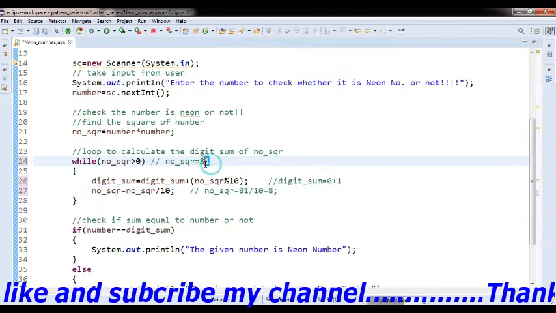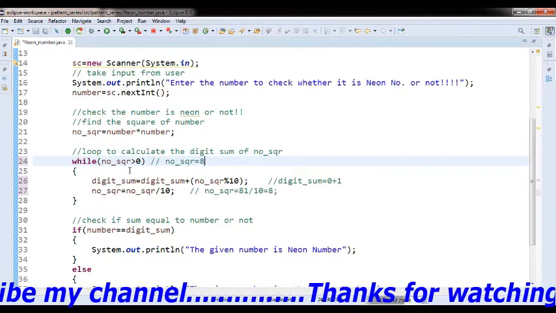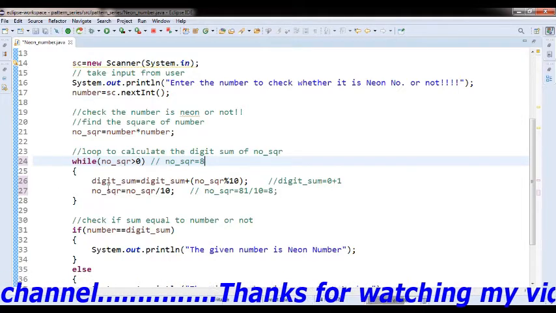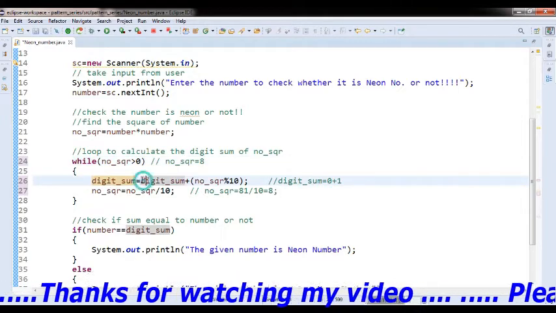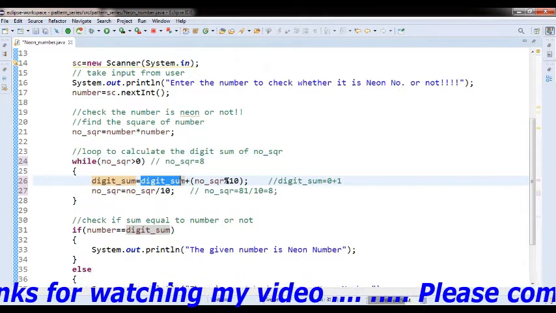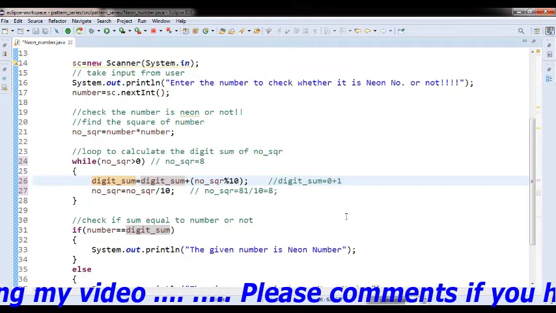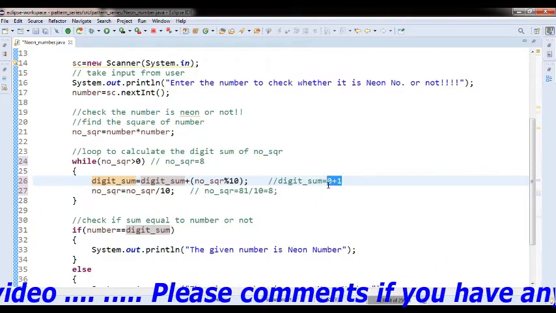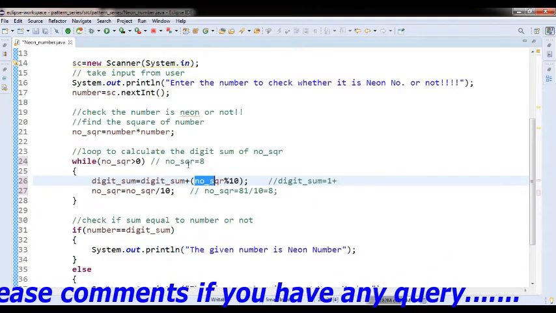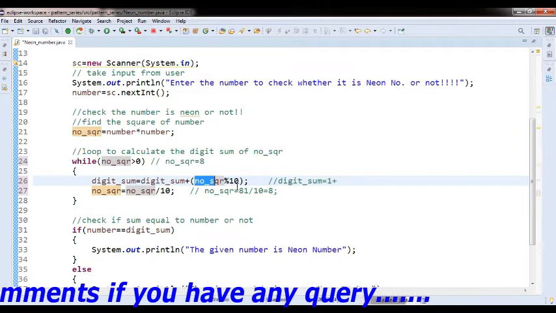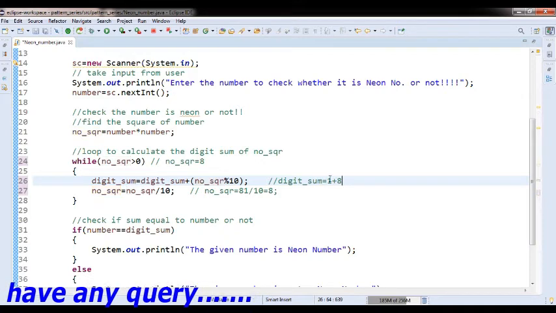This value is replaced by 8. Then in the second iteration, the condition is true, number square is greater than 0. So we come inside the loop, digitSum = digitSum + numberSquare % 10. The value of digitSum is now 1, plus 8 % 10 gives remainder 8. So here 8.